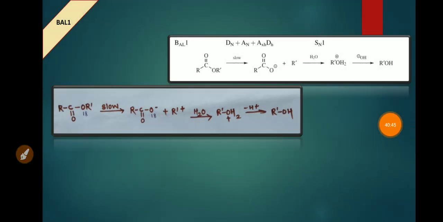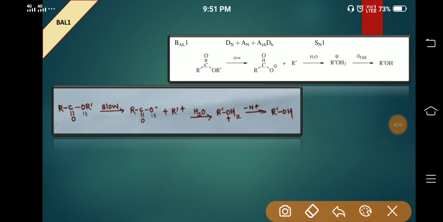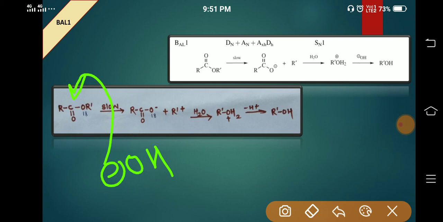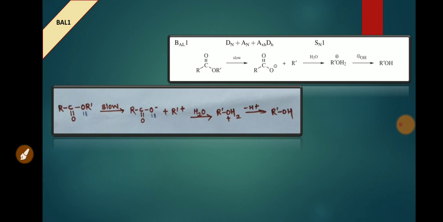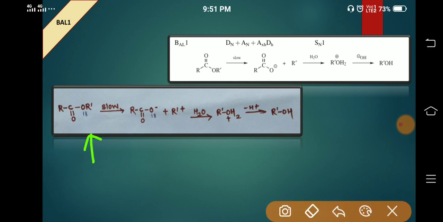Means if we use strong base, that is OH minus ion, then it can attack at the carbonyl carbon. So, it will lead to the tetrahedral intermediate, but we want an SN1 type of mechanism, where the first step is dissociation of nucleophile, so that the reaction can be carried out in the presence of neutral or weakly basic solution. That will correspond to the unimolecular type of reaction. Under such conditions, this mechanism has been confirmed by kinetic studies, that is by labeling oxygen atom. Hence, it is a BAL1 mechanism.